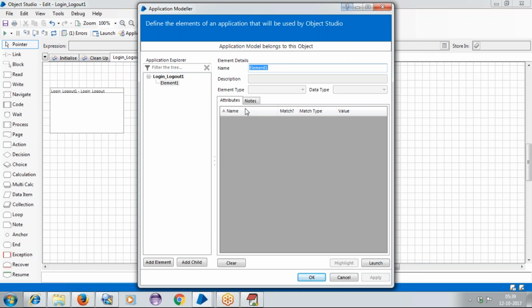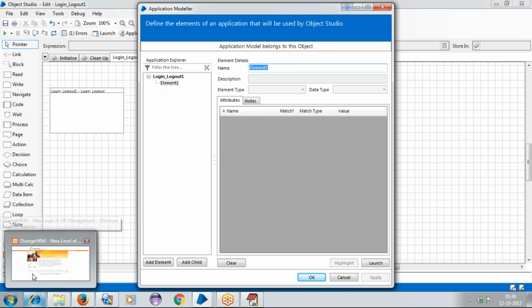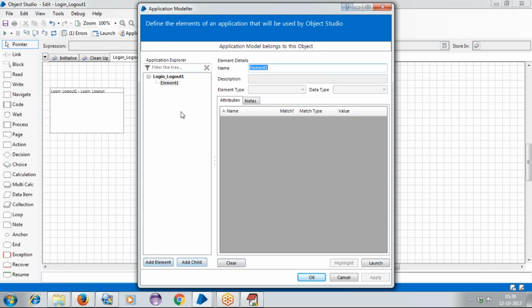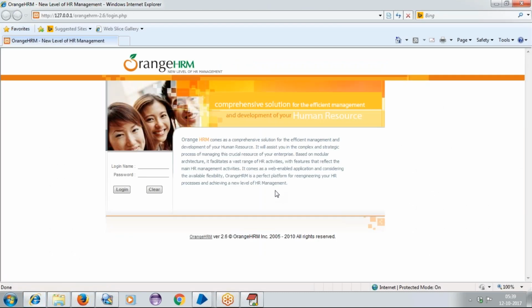Okay. Now we need to identify your particular object here. So we need to confirm that whatever application we have given is correct. Okay. Now I'm closing the application. Now what I'll be doing is, here you will get the option of launch. Let's click on the launch button. You will be able to see that the application is launching. By that, our application module got connected with the application.